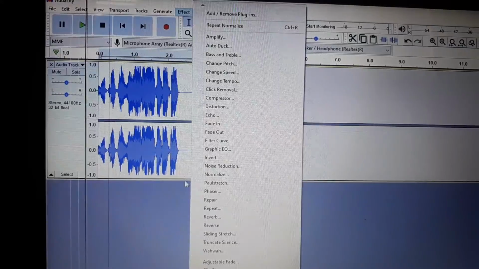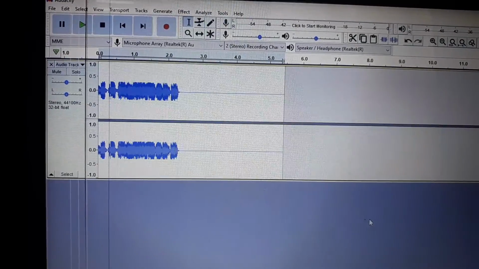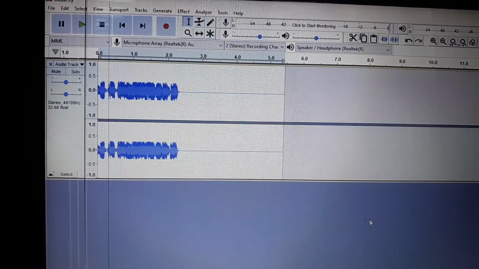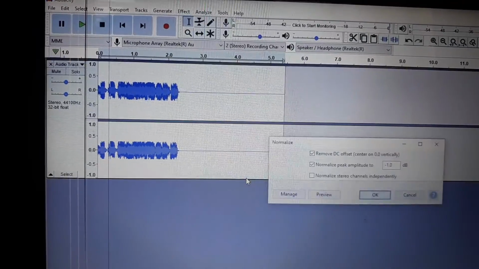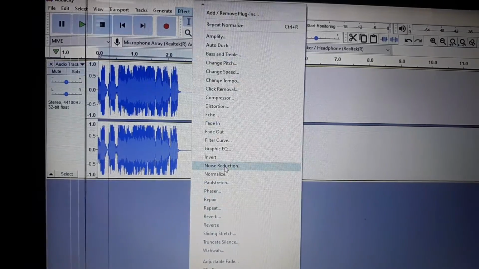So back into the effect, limiter, now run it the exact same way. Now, as you can see, of course, it looks like it's cut basically all the dynamics out of your vocal, but we're going to fix that. So after you've run it the second time, normalize it again, and then go in here